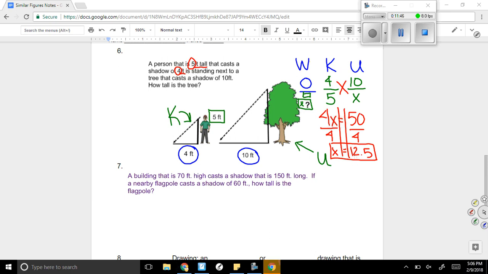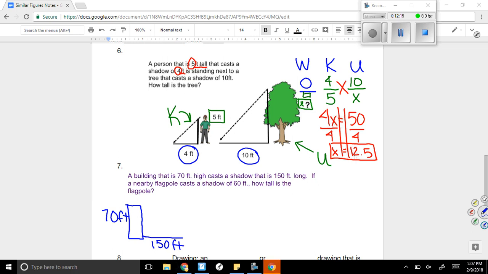Let's look at number 7. This one says a building that is 70 feet high casts a shadow that is 150 feet long. So they haven't given us a picture here, but I can go ahead and draw it. It does not have to be a beautiful picture. I'm just going to go ahead and draw a building. So there's my building. My building is 70 feet high, so I'm going to go ahead and label that. And then it casts a shadow that's 150 feet